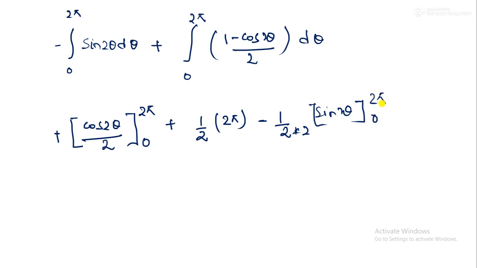Okay, this whole factor will be 0, as sine integration from 0 to 2 pi is always 0, so you need not worry about that. This 2 and this 2 cancel out, and also cos 2 theta by 2, you can write it as 1 by 2 minus cos 0, that is 1 by 2. Okay, now plus pi. So on solving further, this 2 will be cut, this 2 will be neglected, and the answer will be pi.